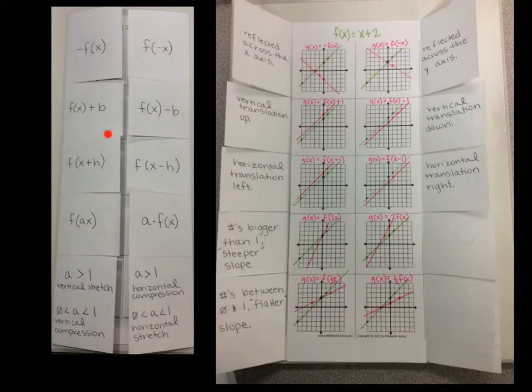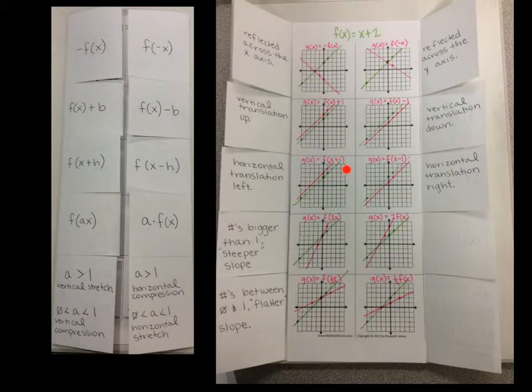For the next set of transformations, we have f of, and then the quantity x plus h or x minus h. So when we did this, we talked about the fact that if there's a number inside the parentheses, that's actually going to translate our line left and right. So the way that I tried to show you guys and to help you remember is that when you're adding to x or subtracting to x, you want to look at the transformation of the x value. So on this green line, we have a point, and it is translated to the left 1 unit when we